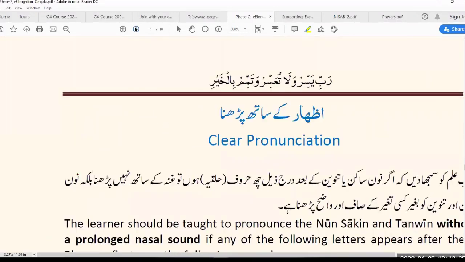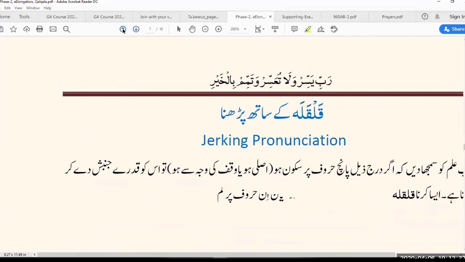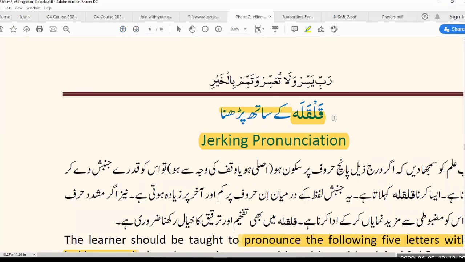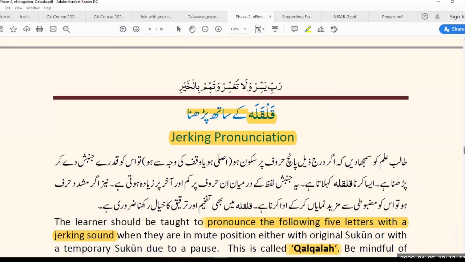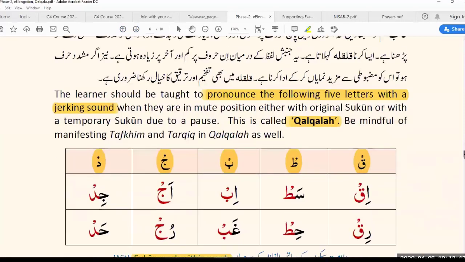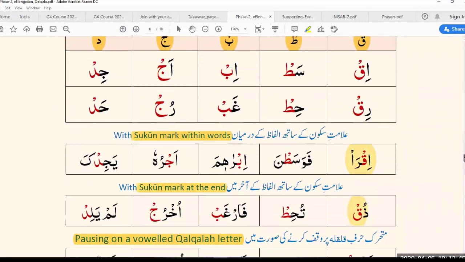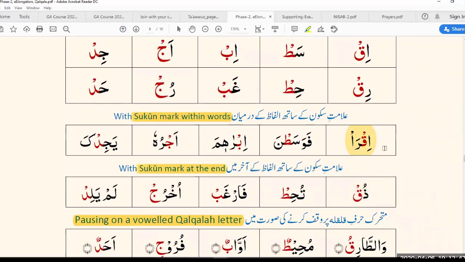I haven't yet explained how exactly the different soft, medium, and hard Qalqalah sound, but let's just hear how you read it. So if you can read the first 3 words, please.